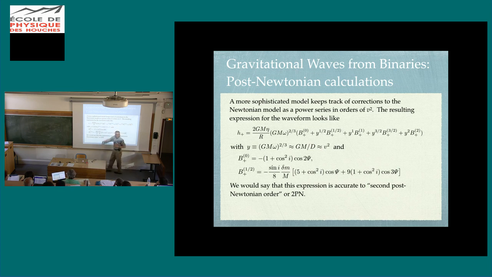In the post-Newtonian approximation, you try to keep more orders. Your lowest order in this expression depends on the inclination angle of the orbit, but your lowest order is just what we're calculating. It's proportional to cosine of the phase of the orbit. And the first post-Newtonian orbit